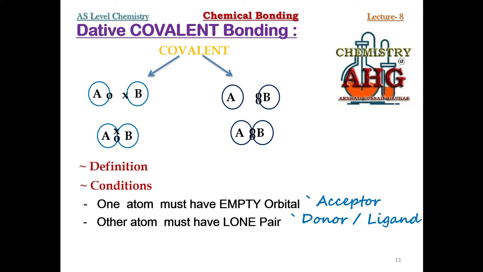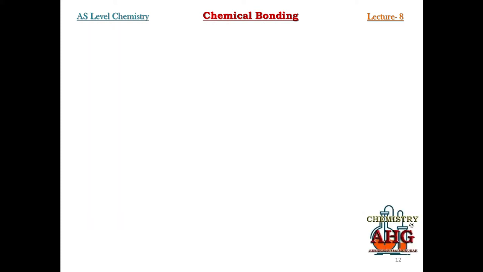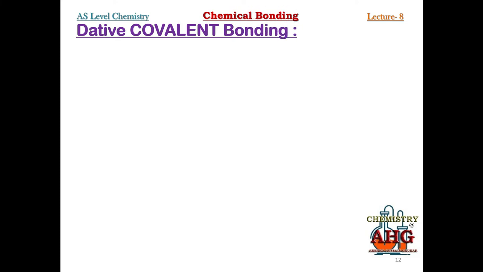Okay, next thing, some questions we are going to talk about that are commonly asked in your exams. The first example that I am giving you is a common example from your previous class, but you did not study the detail of this example. Right now I am telling you, it is the formation of ammonium ion. What you people know, an ammonium salt is formed by the reaction of ammonia with any acid. Whenever we combine ammonia with any acid, we get ammonium salt.